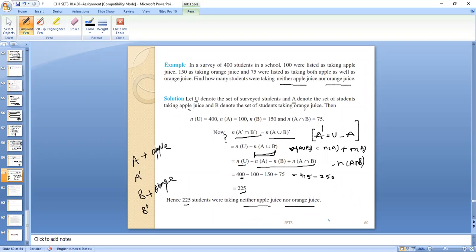Now we have applied the same formula, but this was a bit different, in that we have to take the universal set first and we have to find A complement intersection B complement. Whatever the statement is, you have to analyze it yourself, with which symbols we will denote the sets, what will be union, what will be intersection, right? We will move to the next example then.